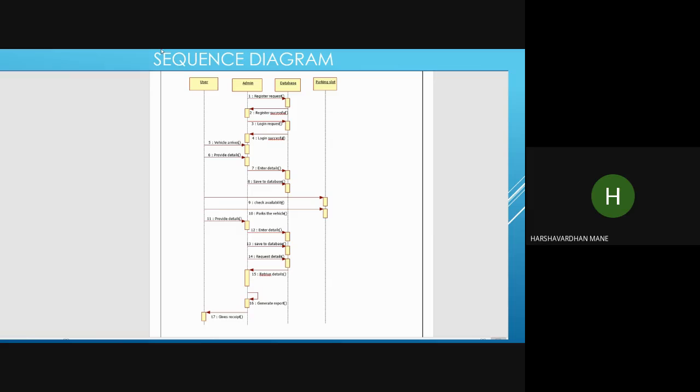Then if the user wants the car back, the user has to provide details to the admin. Then admin has to enter the details in the database and save the details. Then admin can request the details, and the details are sent to the admin by the database. Then admin can generate a report and give the receipt to the user. Next,